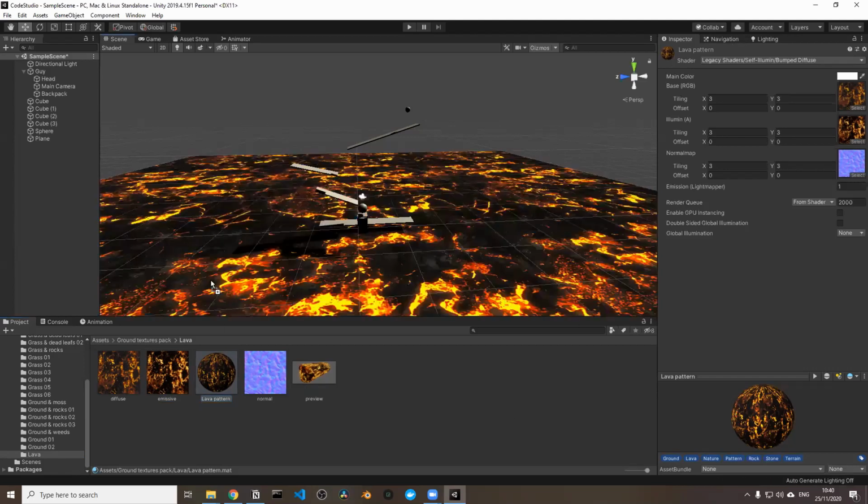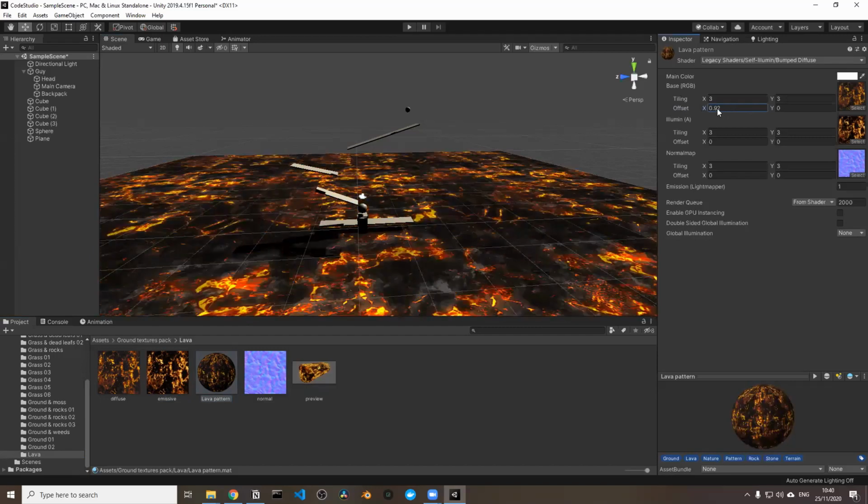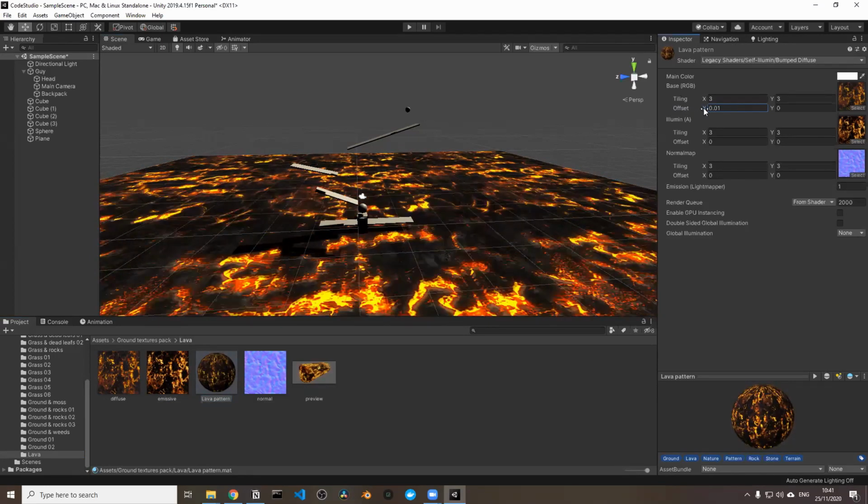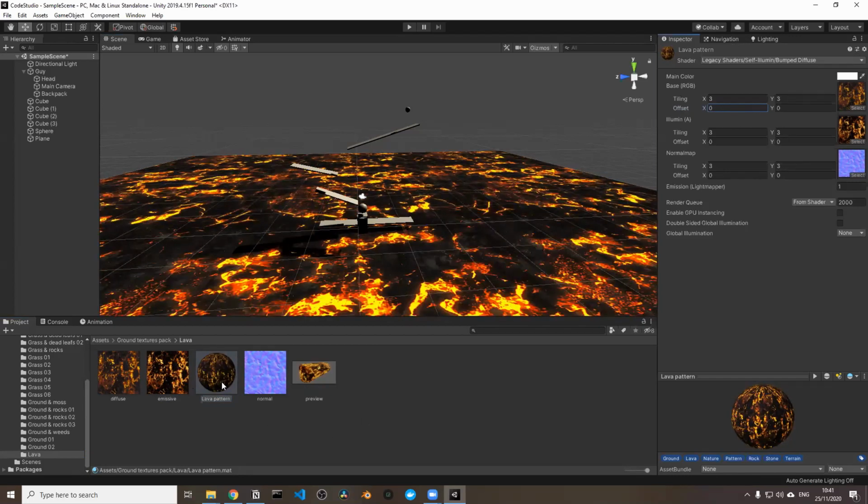So what you can do is you can just take this asset and then just drag it on the floor, and then now everything's lava, which is kind of cool. And then if you drag the offset, you can just sort of move the lava. So this is kind of useful because they already provide these, but we actually want to make our own material